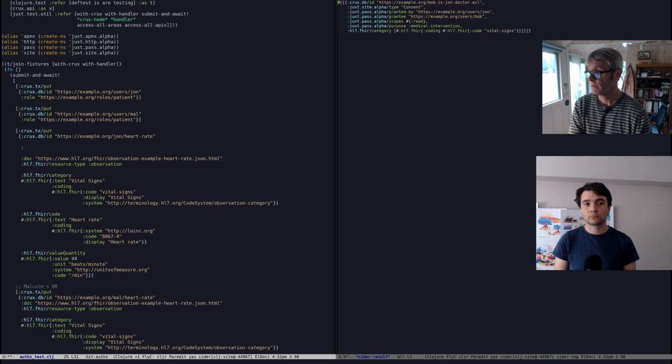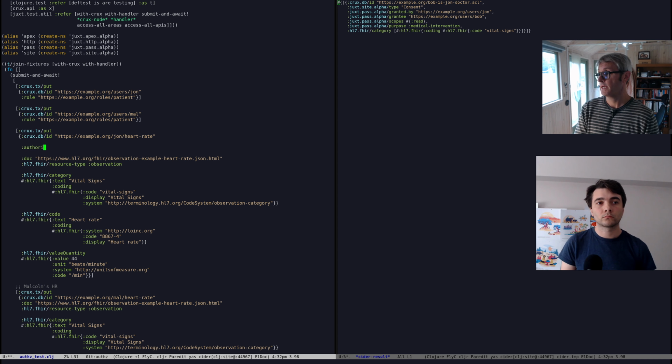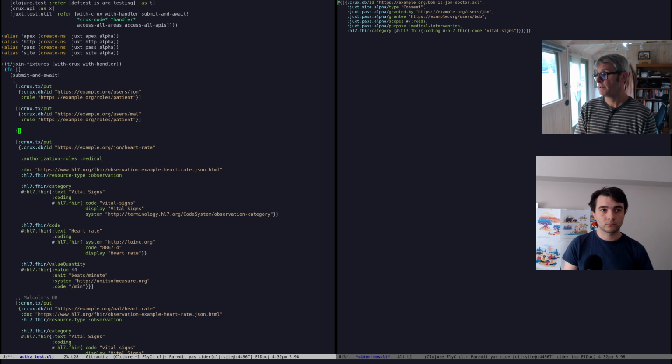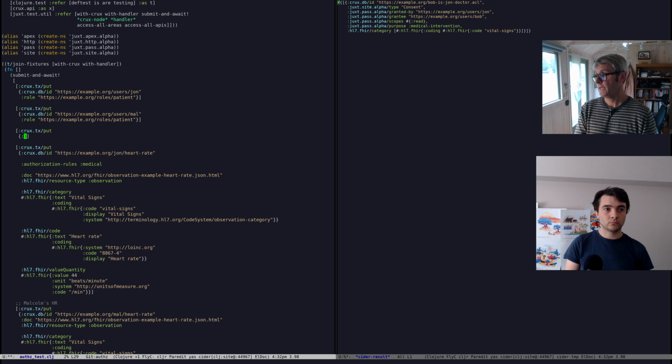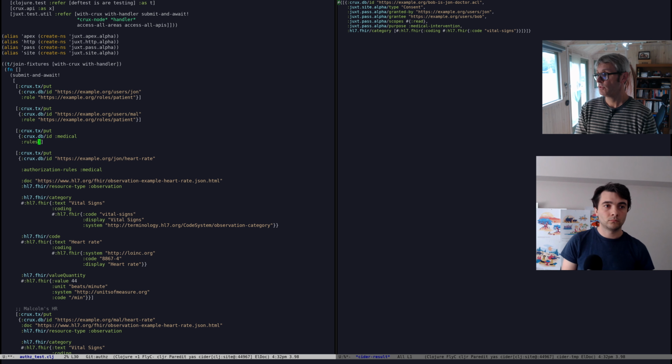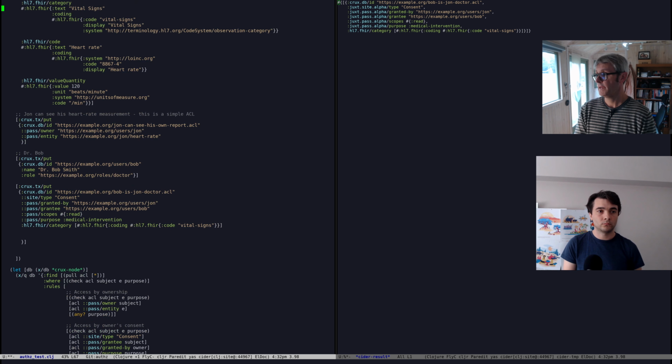Let's say that's in an authorization domain or authorization rules, and we could say medical, and then we could have another entity here which says, oh right, medical rules,